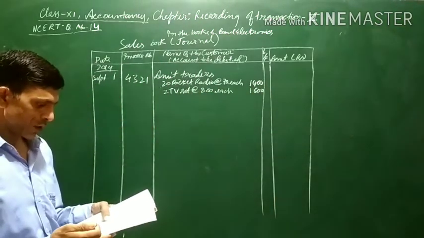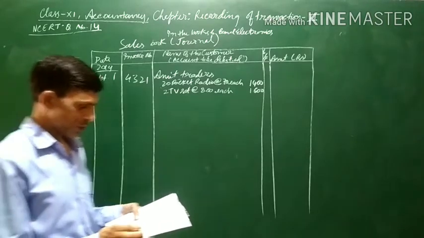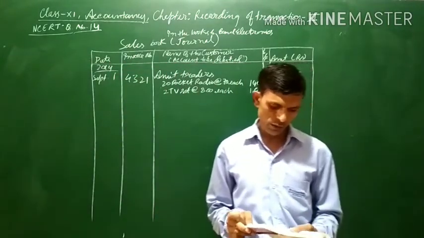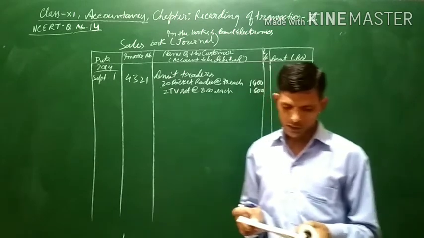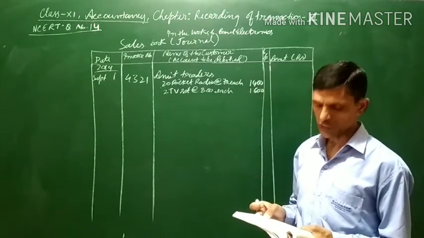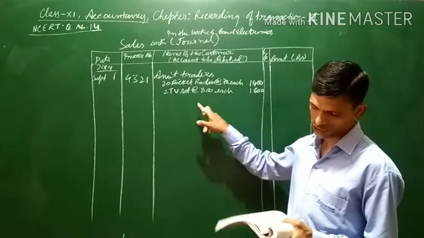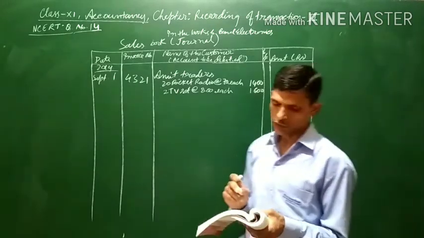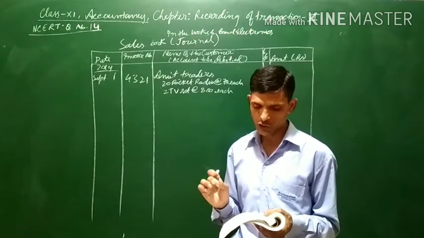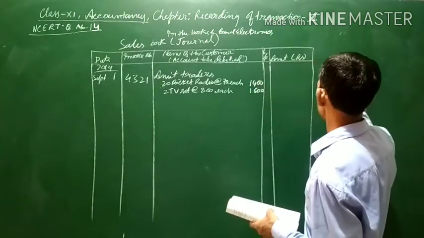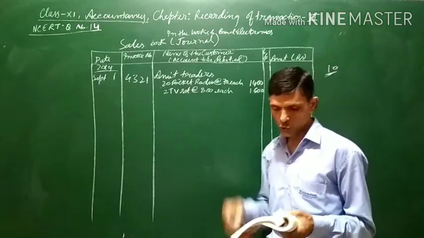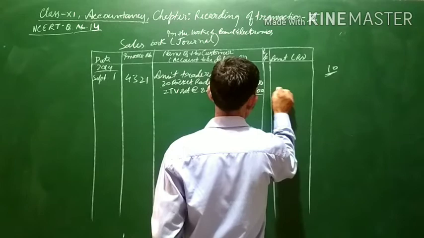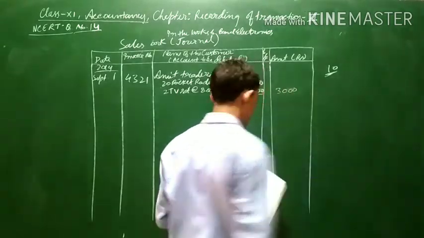These are the only 2 things given here, and you have to note that the 10 after this, which seems like "10 sold to Arun Electronics", is actually the date on which it is sold to Arun Electronics. So the total will come to 3,000.